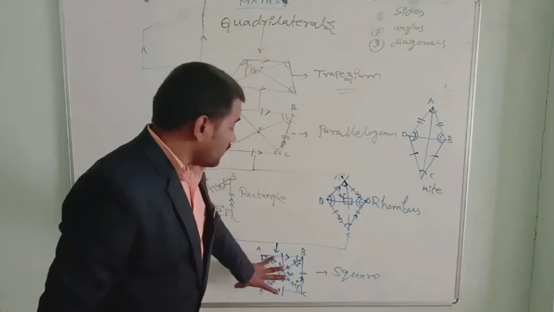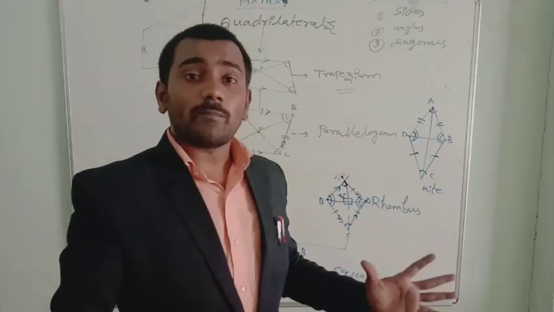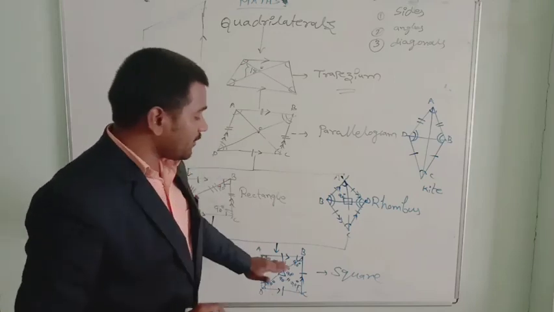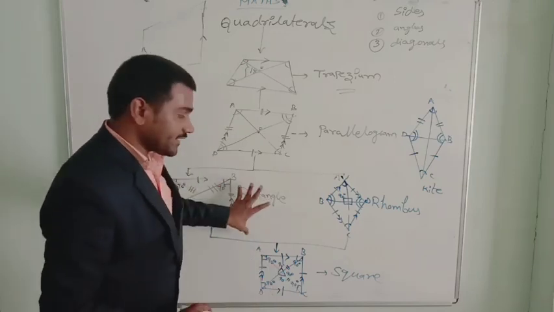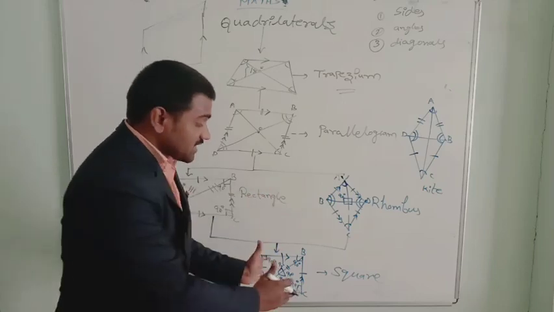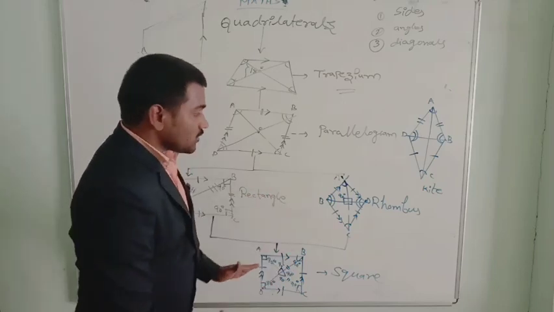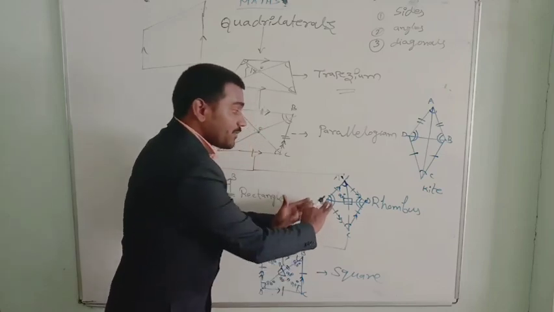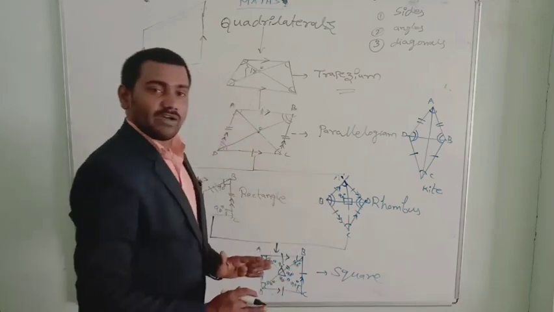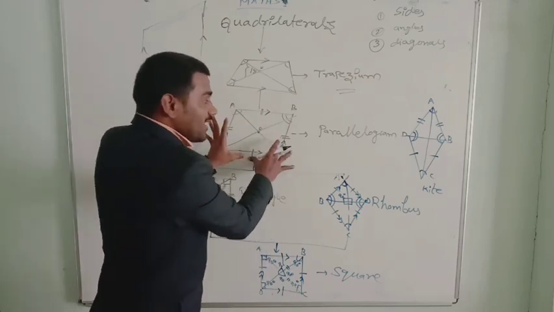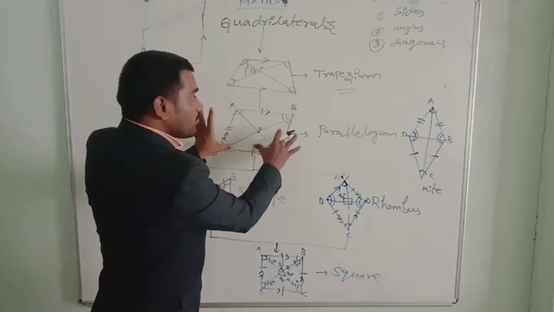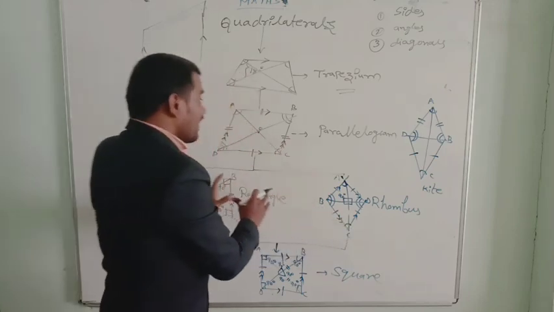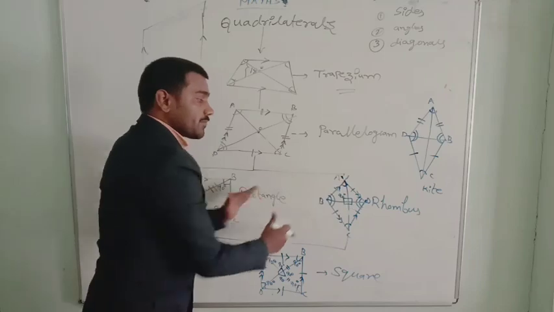So here, a square has all the properties above. Yes, a square has rectangle properties, and other than rectangle properties, it has some extra properties. All rhombus properties we can see in this, and other than rhombus properties, some extra properties also we can see in the square. All the properties of a parallelogram are there in the square, in the rectangle, and also in the rhombus. Other than these properties, we have some extra properties further down.